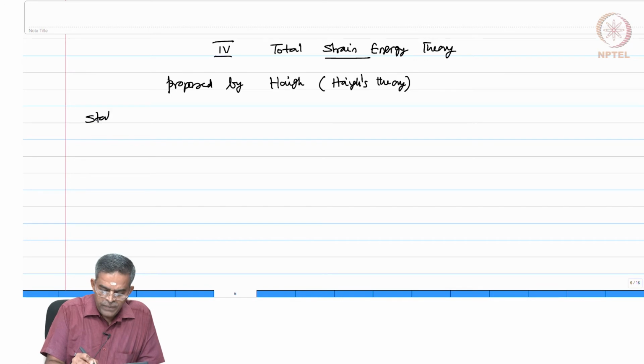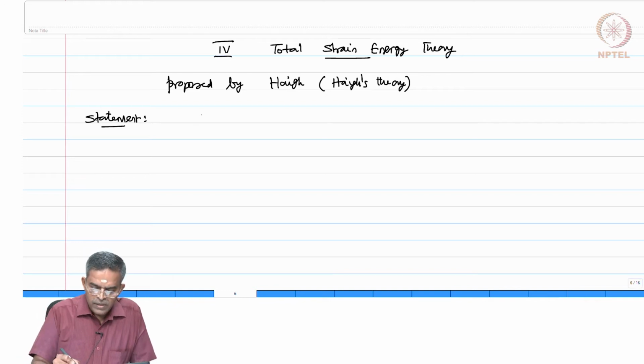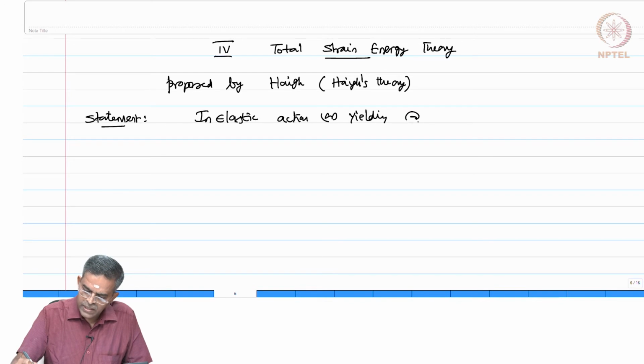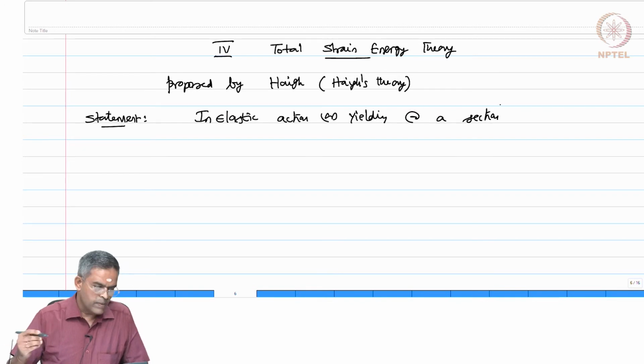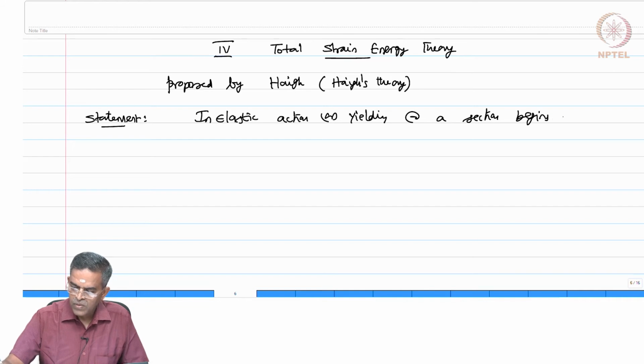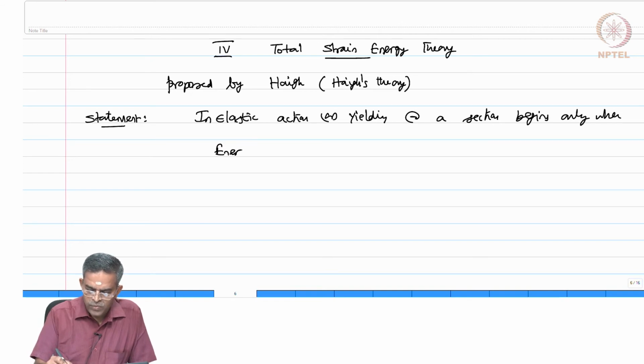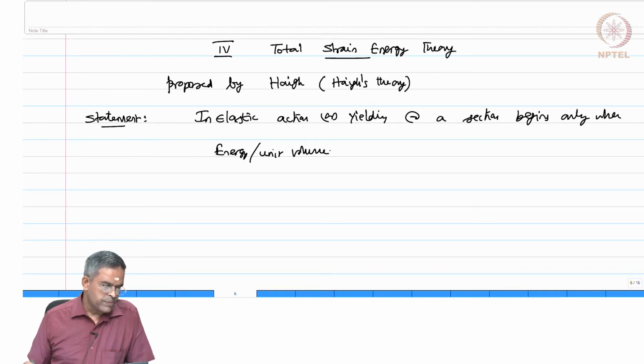The statement of the theory is as follows: inelastic action or yielding at a section begins only when the energy per unit volume absorbed at a point